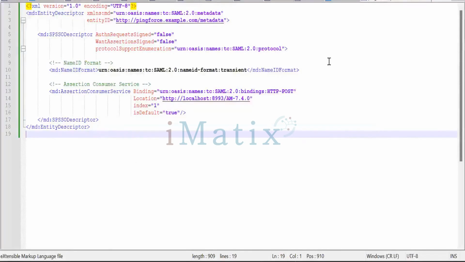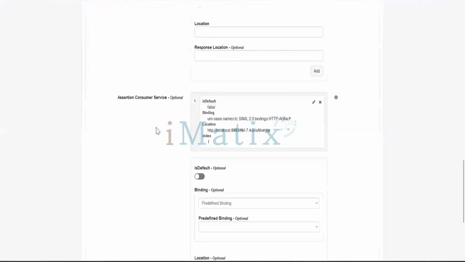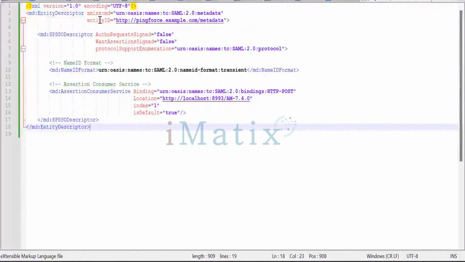Now I have this file. It should be the XML. I should have all the XML formatted one. There's no mistake on this one, right? It should be the correct XML one. Now I have this. What I will do is create one more SP, where I want to get an entity